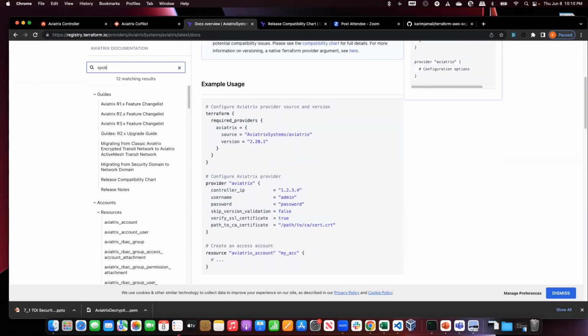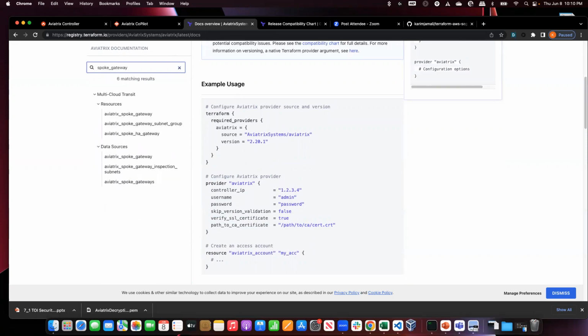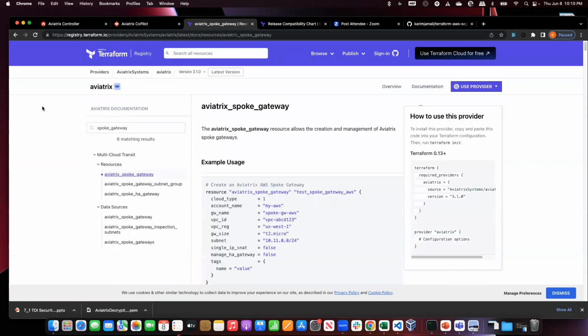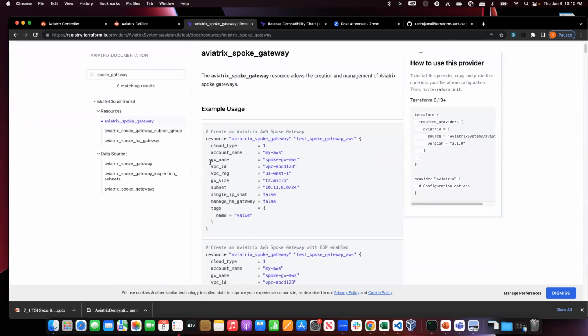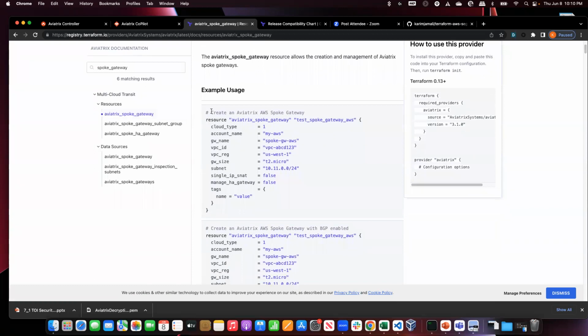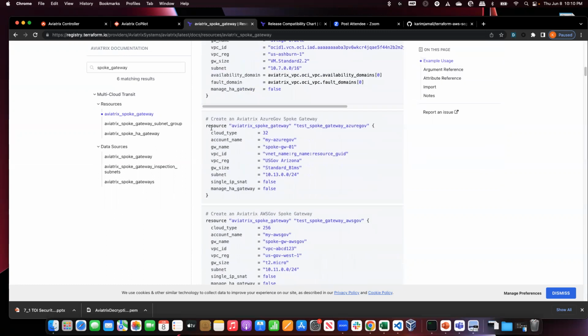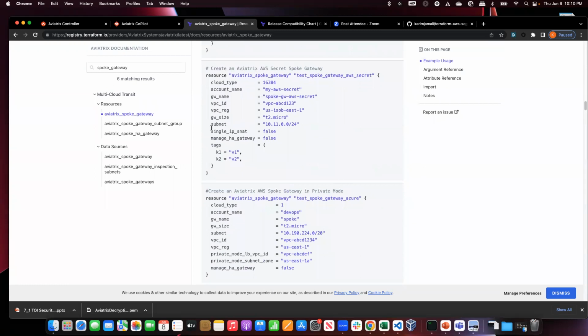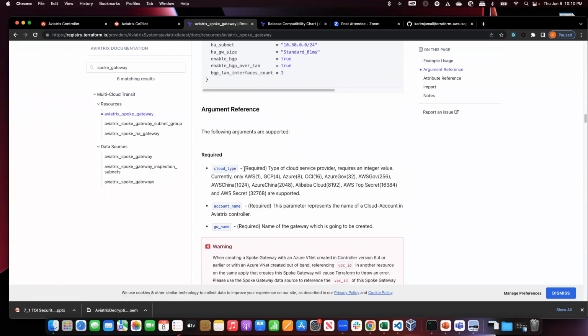So I want to create a spoke gateway. So I say, you know what, Aviatrix spoke gateway. What's nice is it gives me examples. So if you want to create an Aviatrix spoke gateway, you put this syntax, okay? The cloud type, if I don't know what this is, I can go and search. If I go down, these are all examples, but if I go under cloud type, it's a required parameter or argument. Basically, this is one that you cannot miss,